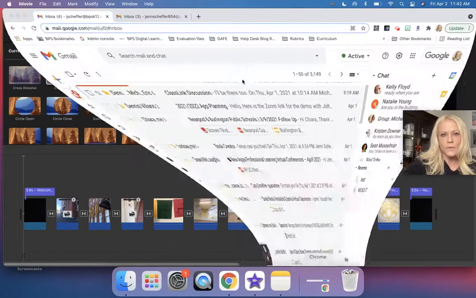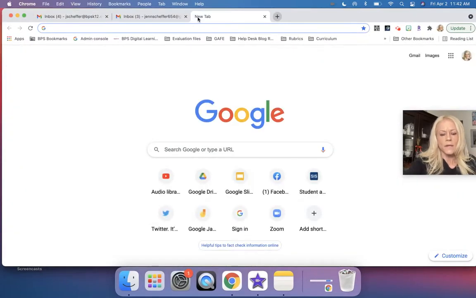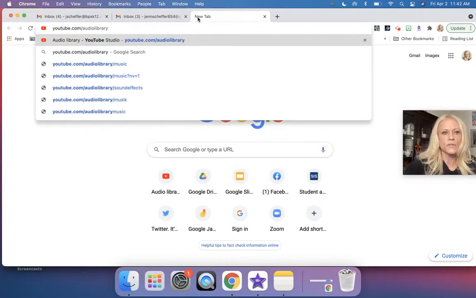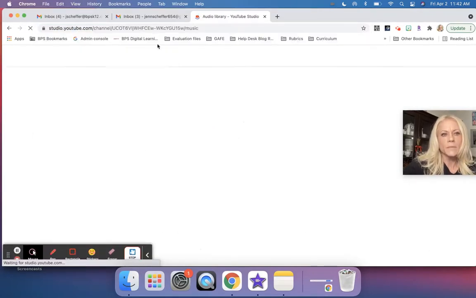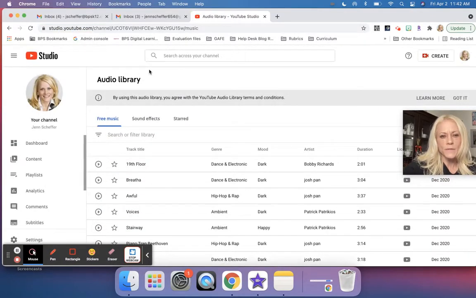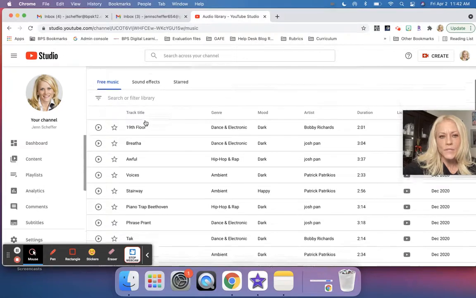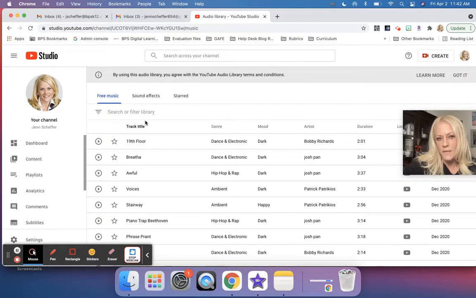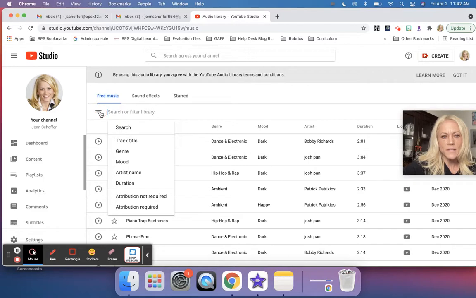So I'm going to go to a great site that I found. It's called youtube.com/audio library. So again, that's youtube.com/audio library. And there is a huge selection of free music that you can instantly download and then import into your iMovie projects. What's great about this YouTube library of music is that you can filter your search by genre,